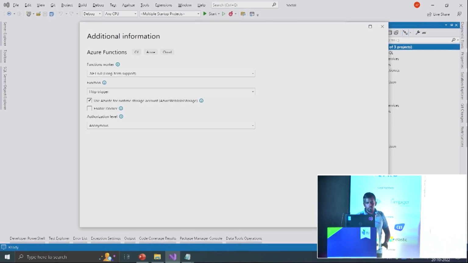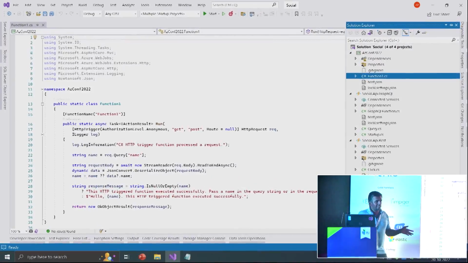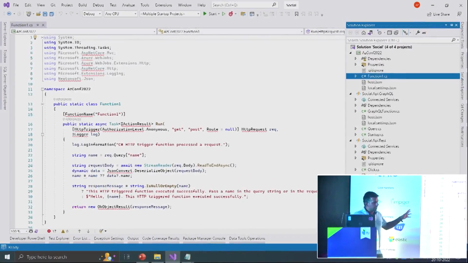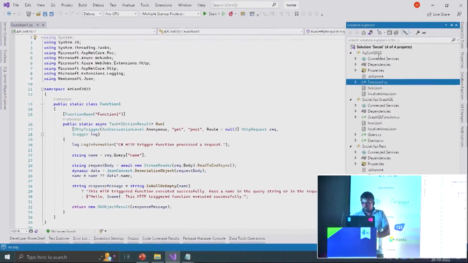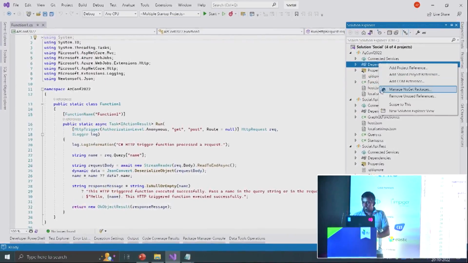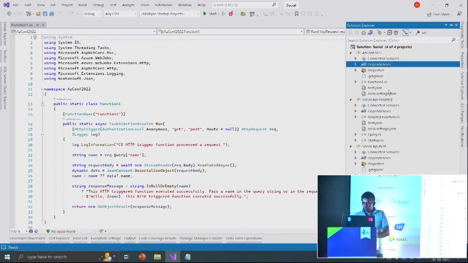You can create it with the .NET CLI or Azure Functions CLI. You can create everything. I just use Visual Studio. Next, I'm adding